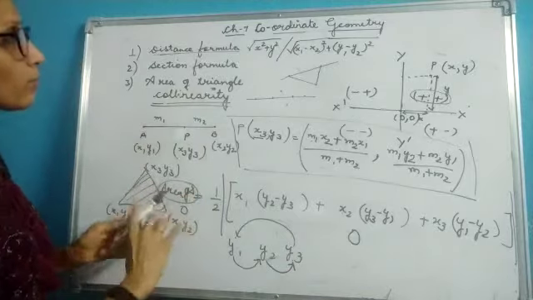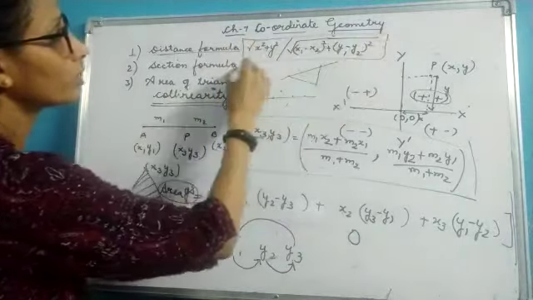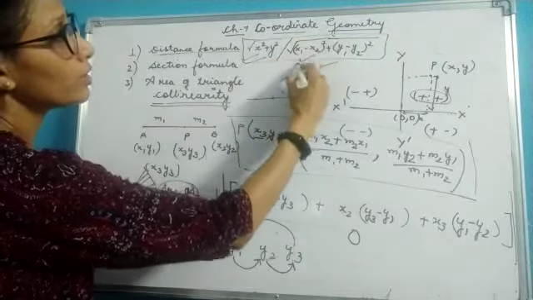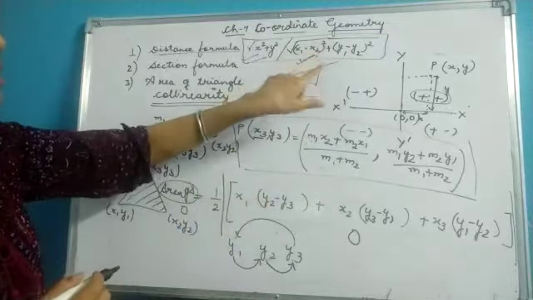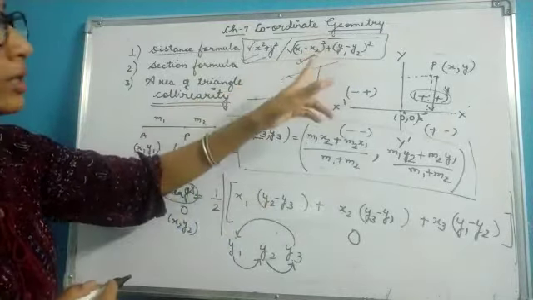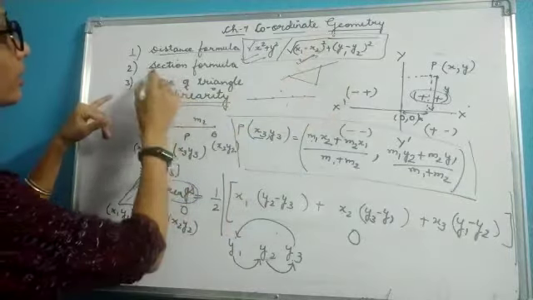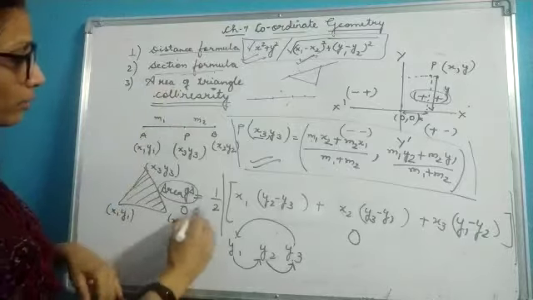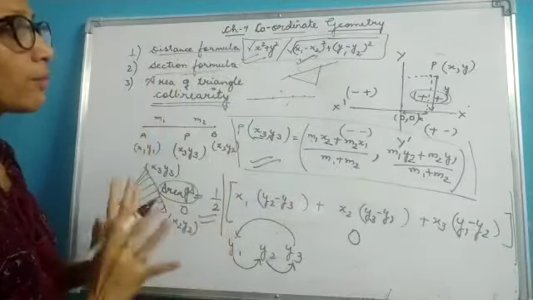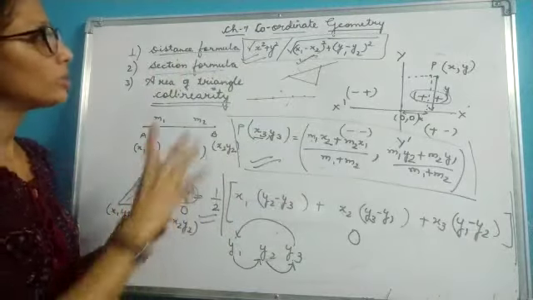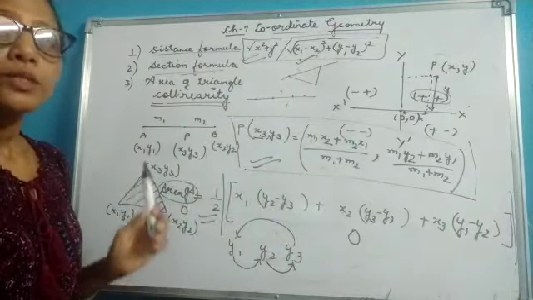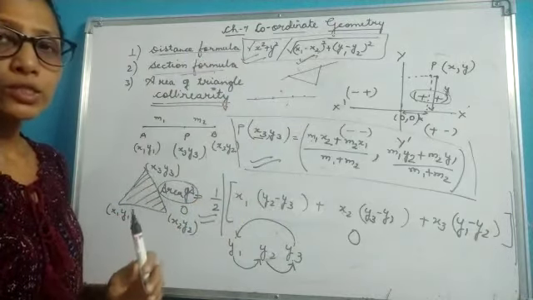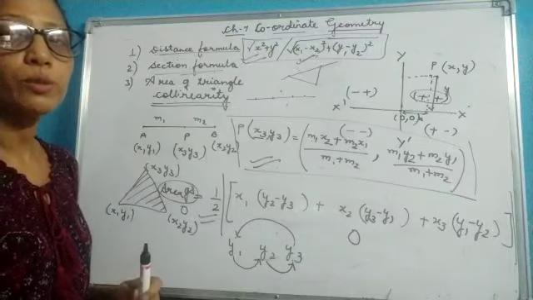So these are some of the formulae. This is the formula for distance. This is from origin. This is the formula when we have the points at different places. Then section formula. This is the section formula. And area of triangle, which is this. So this complete chapter revolves around just these three formulae. You remember these formulae, and in the next video we are going to do the questions based on these formulae.